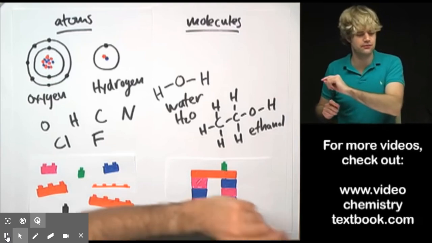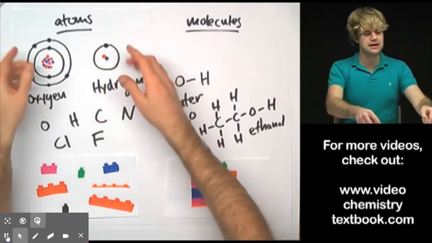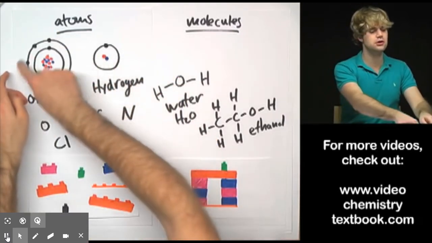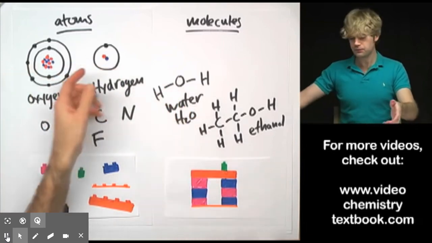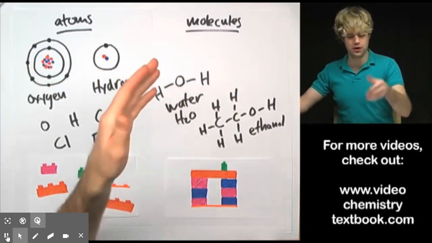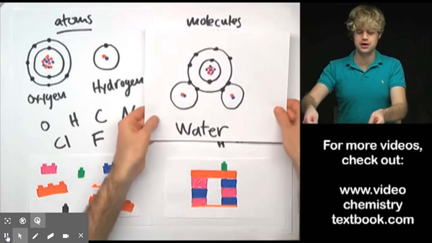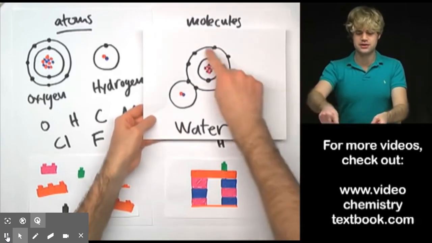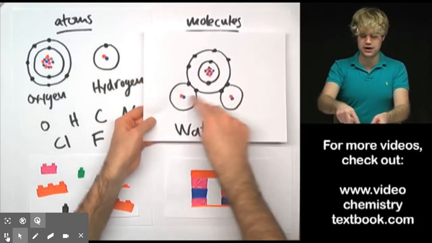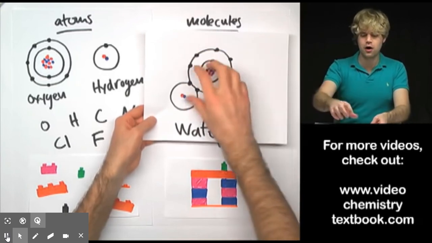Now I'll even take this one step further. I showed at the beginning that if we could zoom in zones and zones of time, this is what an atom would look like. If we took this water molecule and we could zoom in on it zones of times, this is what we'd see. And we'd see the oxygen atom and the 2 hydrogen atoms, and that they're actually physically